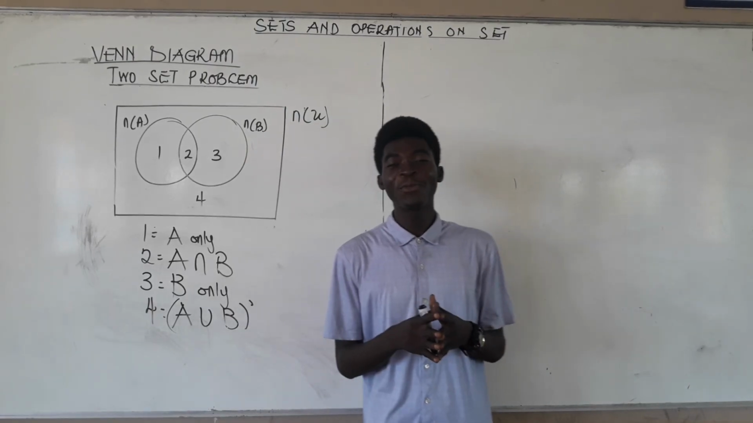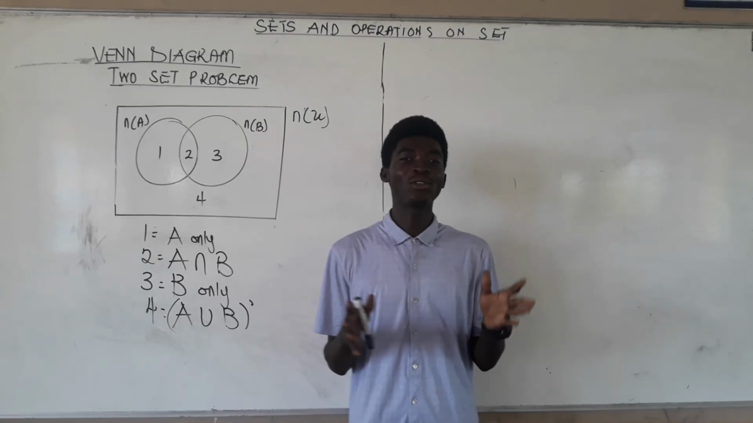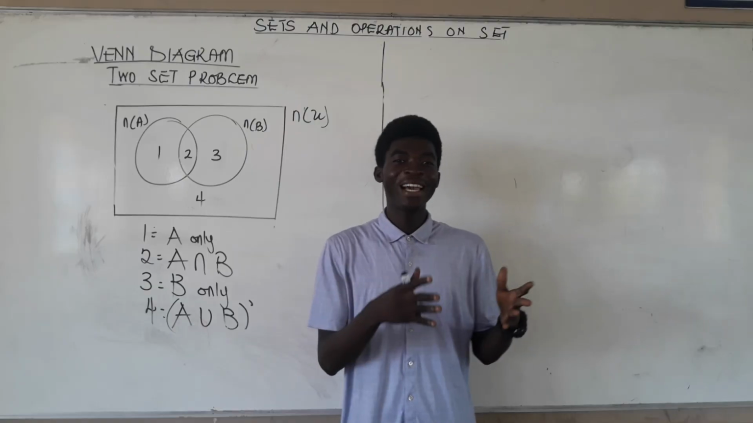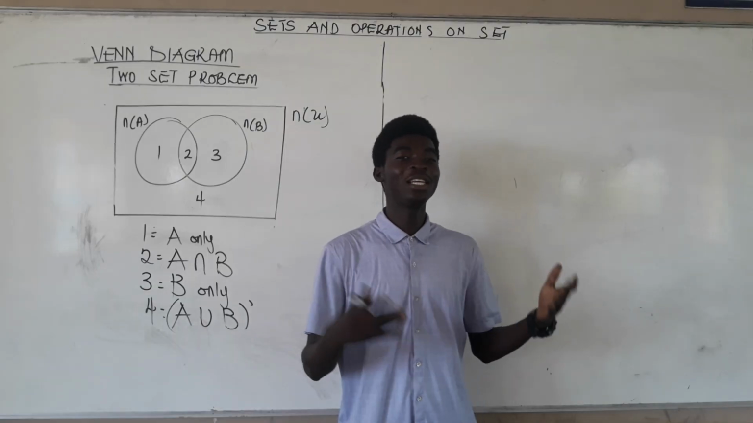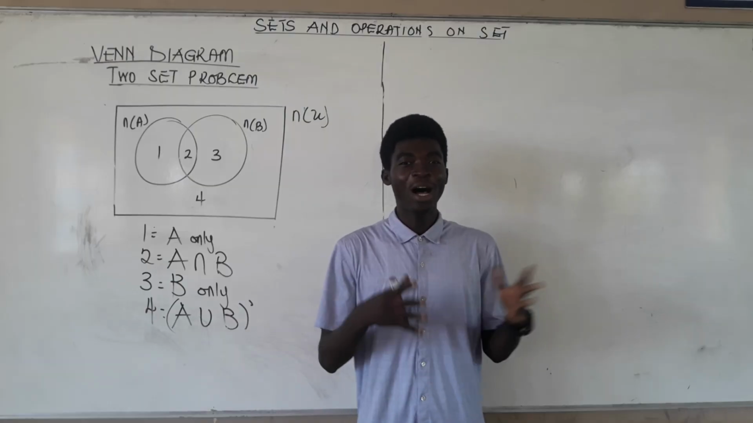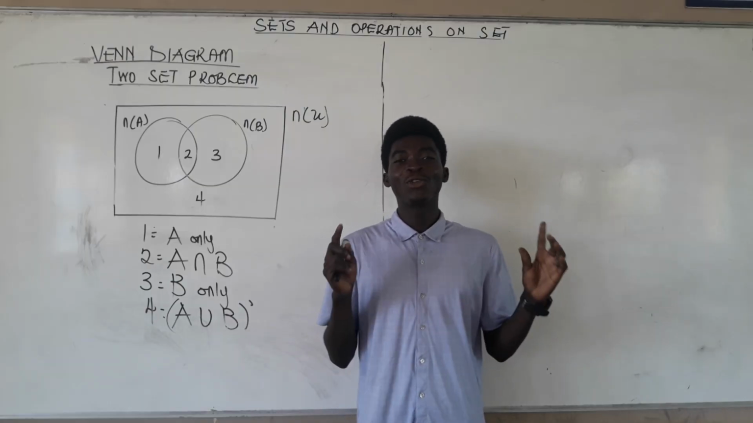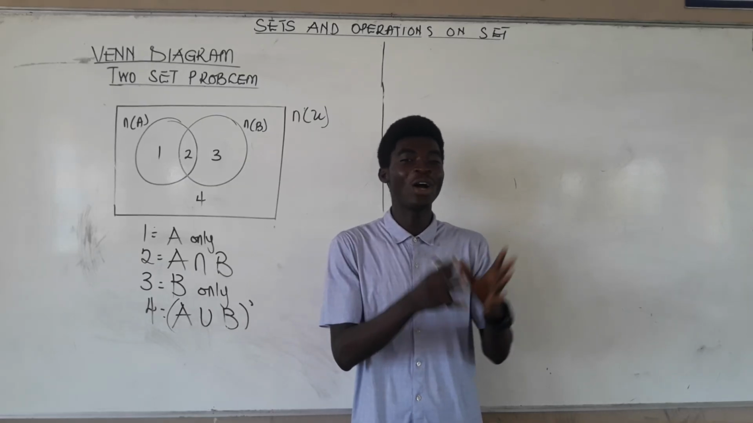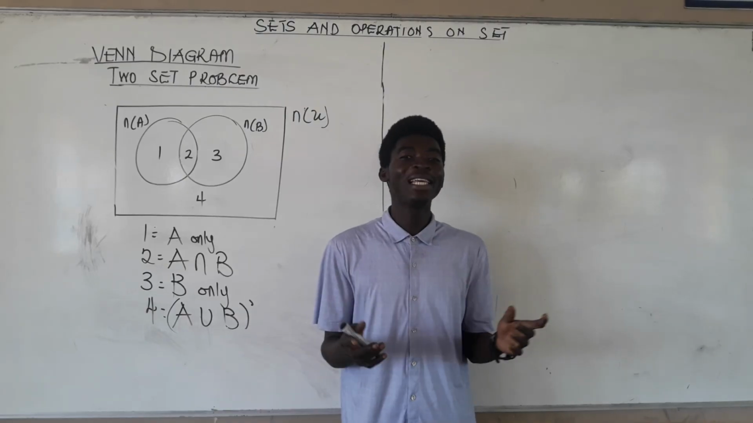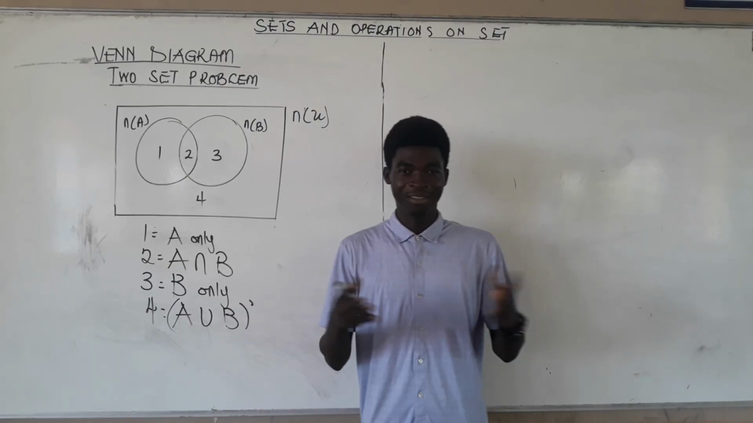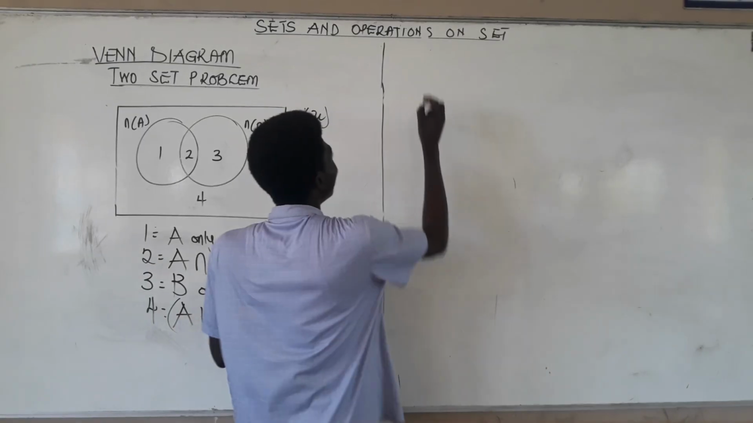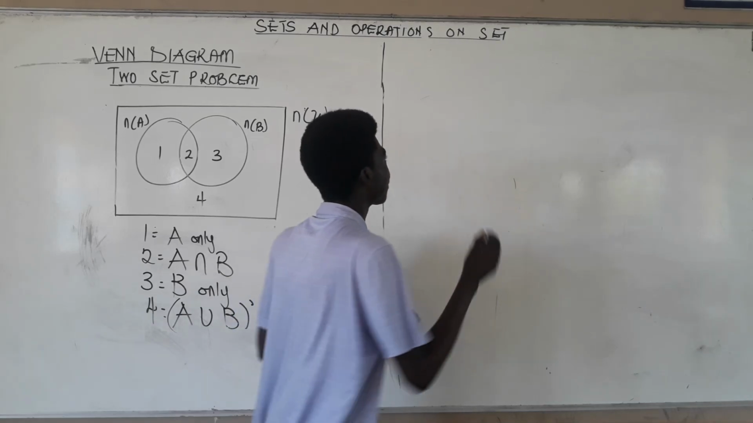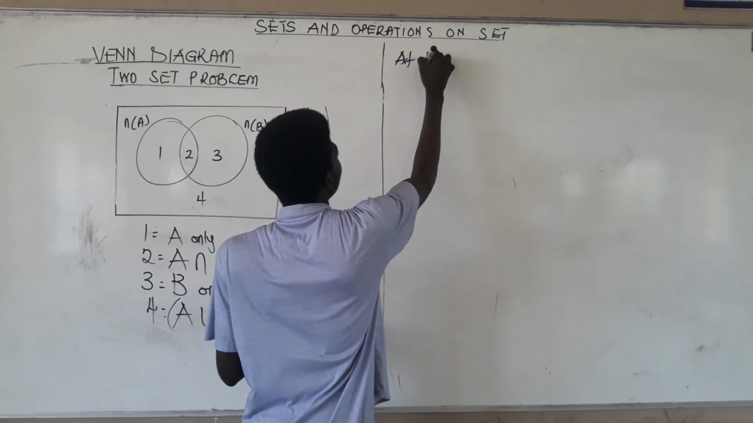But before I continue, I want to give you a nice way to solve a two-set problem. In some cases, they will ask you to find at least one, only A, only B. How do you go about it? How do you solve this? Before we continue to solve any question, let's look at the formulas for at least one, only A, only B, and both. Okay, so when you've been given a question and you are asked to find at least one,